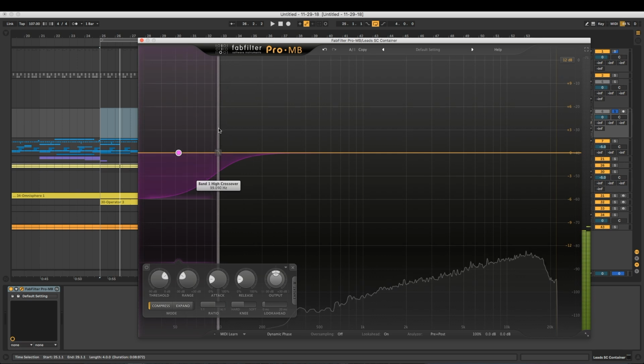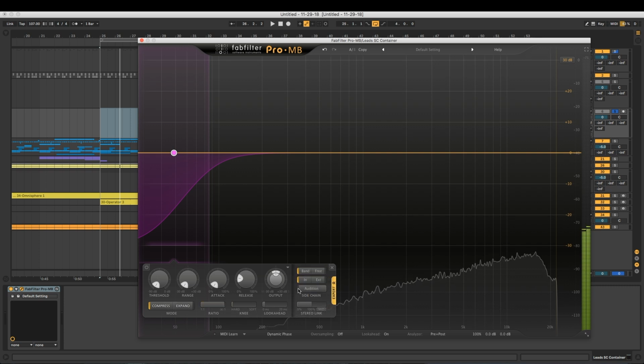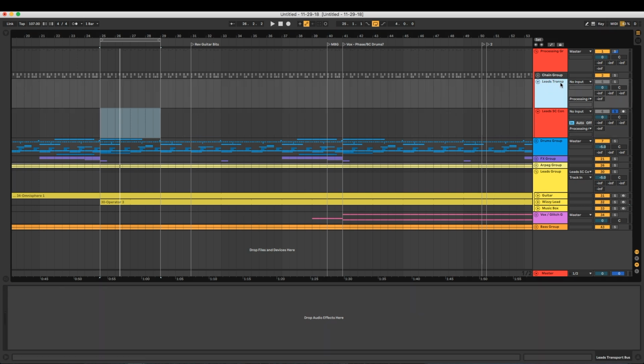We're just going to set up a simple sidechain. We're going to drop our range all the way down, drop our threshold and our attack, and bring the release up just to accentuate what we're doing. And finally, we're going to set this to an external input. That should be all we need. It's important to know that we need both the container as well as the plugin set up before we can move further, and the reason is that we need to go into our transport